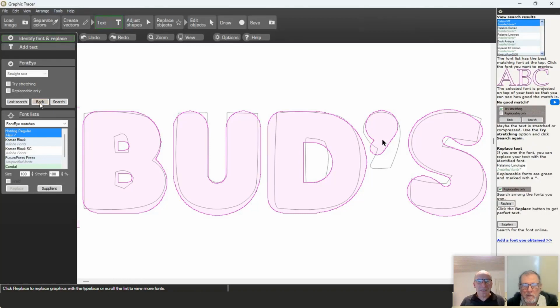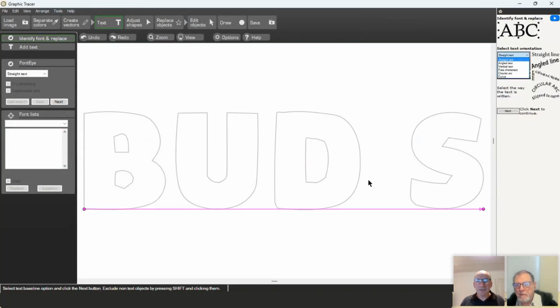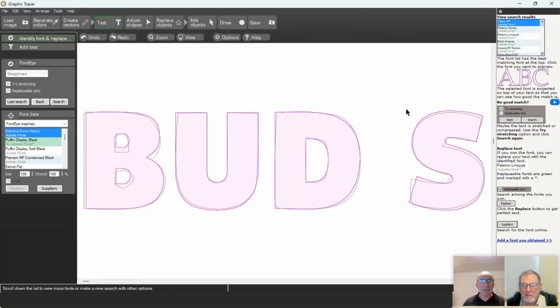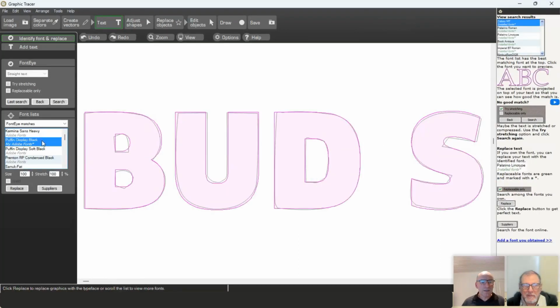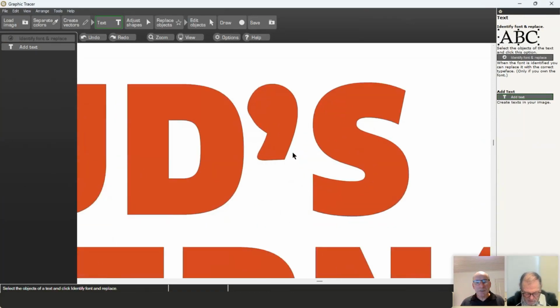That could be it. So what I can do is go back here, shift click that to remove that from the font text selection, click next, and just do the letters here. That's part of being a detective to figure out what the designer did. So yeah, this is a typical case when you think you can't identify the font. Now it says Puffin Display Black from my Adobe Fonts. I click Replace. And I probably need to fix this manually, or maybe